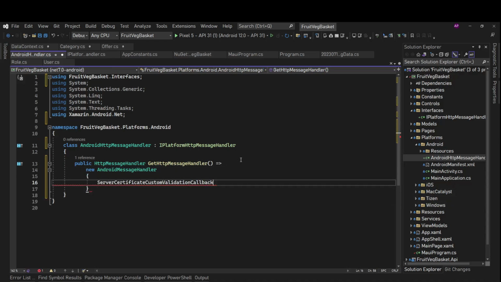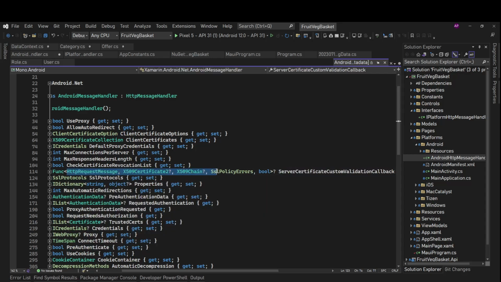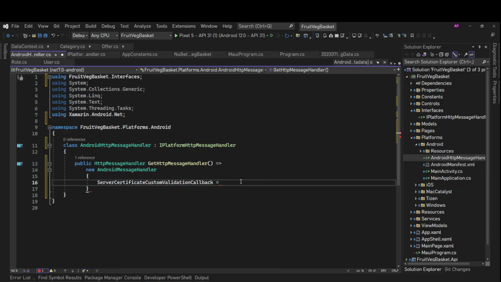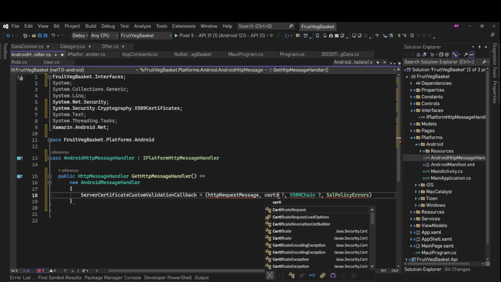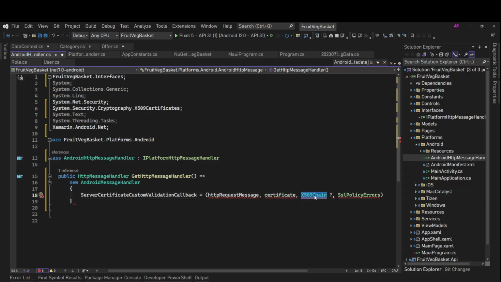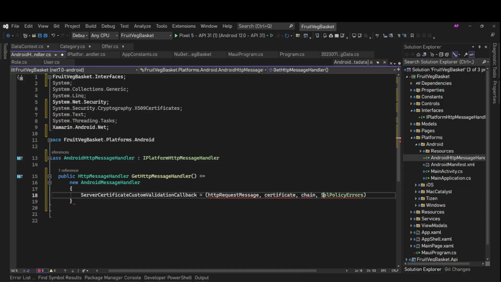And here we have one property, ServerCertificateCustomValidationCallback. We'll provide a value for this, and it is a Func of this type which returns bool. So we'll use this Func. Let's have HttpMessage, let's call it certificate, let's call it chain, and this is SslPolicyErrors.